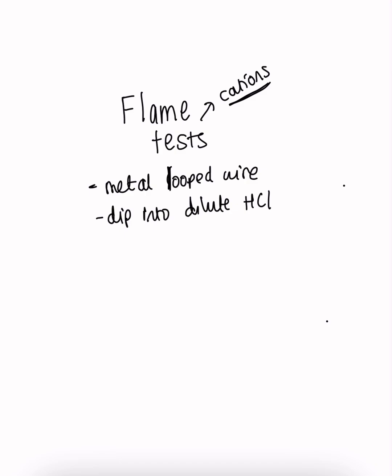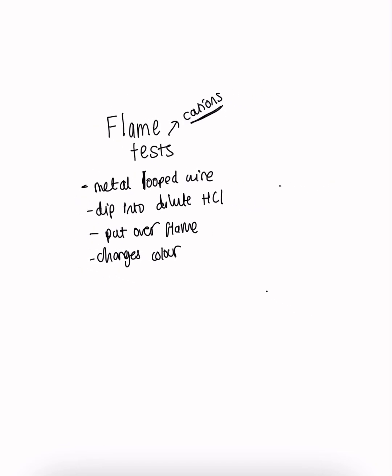Now the reason we don't use a splint is because we are going to put this wire in a flame, and if you put a wooden splint in a flame, it's just going to burn. So then we put the wire over the flame, and the flame will change color depending on which ion is present. Now the ions that could be present, we have